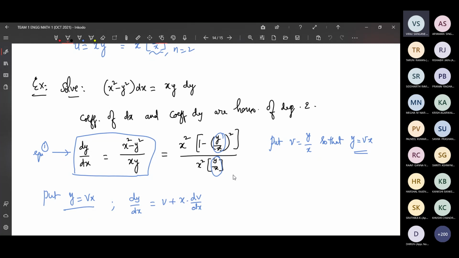No, I am saying, to identify whether it is homogeneous of degree, you see the degree of each term. If it is the same, then it is homogeneous. That is also fine. There are various ways to identify whether it is homogeneous or not. Yes, sir. Coefficient of dx, if you look at the degree of each term, it is 2, right? Yes, sir. The coefficient of dy, if you see, the degree is 2, right?